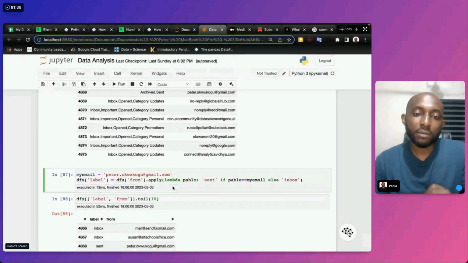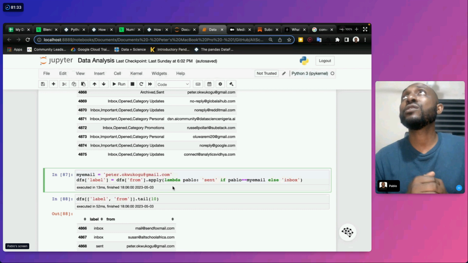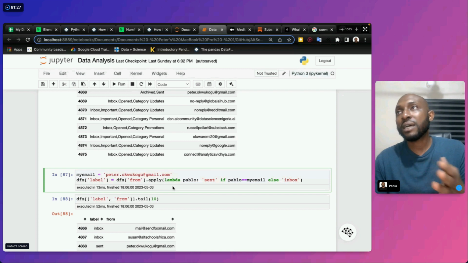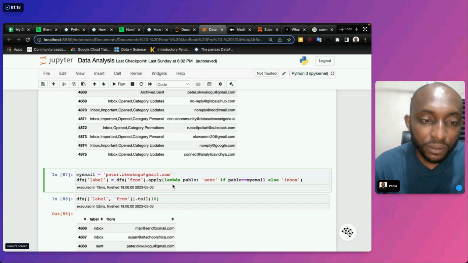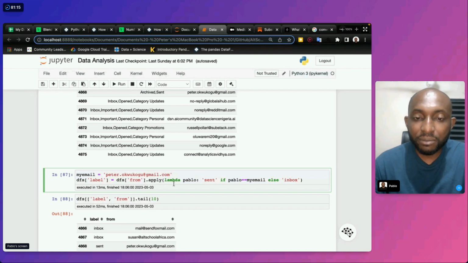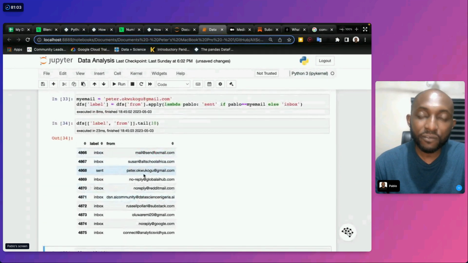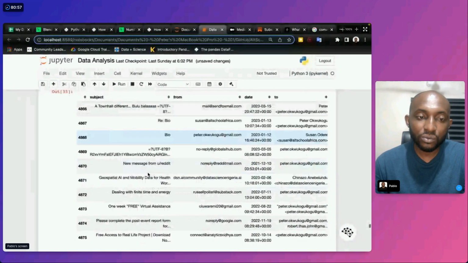Pretty simple. Also, Rabiu, I can understand why Justice feels it's a lot to start using a Lambda function for what you can basically use astype to write. But at the same time, you can also understand that the Lambda function can be applied in that same way. But again, look at it here. We apply the Lambda function on the from column, saying anything sent is my email, anything else is an inbox, and that is applied. Now we have inbox, and we have the ones that are sent. So again, you see how the data is looking as we proceed.